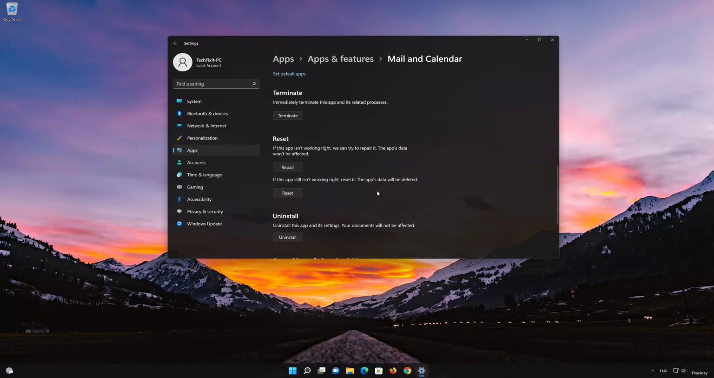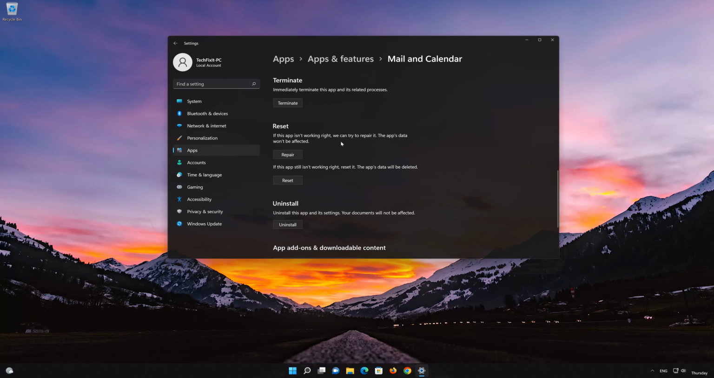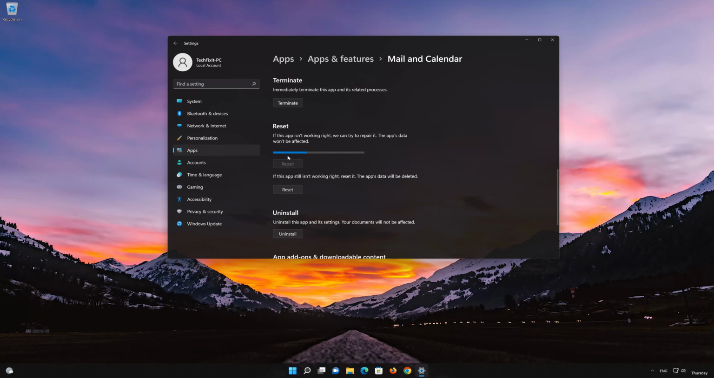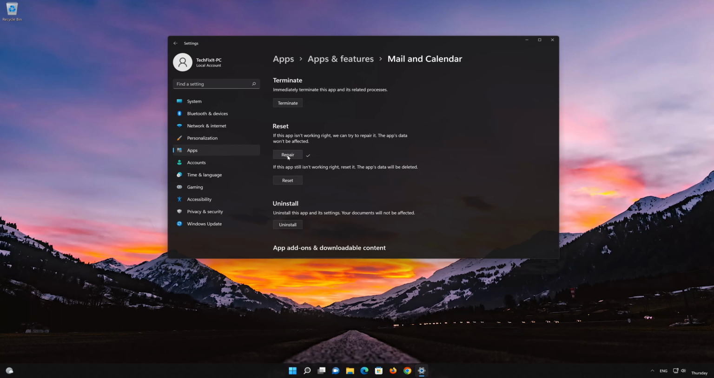If Microsoft Mail is not working right, you can try to repair it. The app's data won't be affected. Now press the Repair button. Now check if you can send mail again. If the app is still not working,